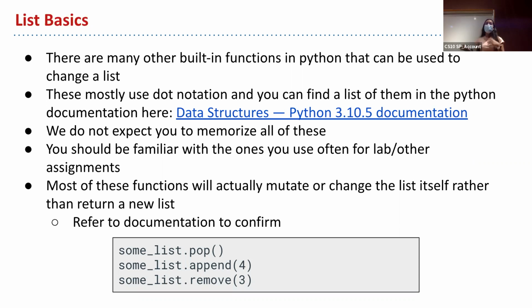Like you probably saw in homework 3 if you finished it or if you've been working on it, we always have you make changes on a copy of the board so that it doesn't mess with the original board. So you always want to be aware of whether the function you're using is making changes on a copy or on that list itself. Does that make sense? Okay.